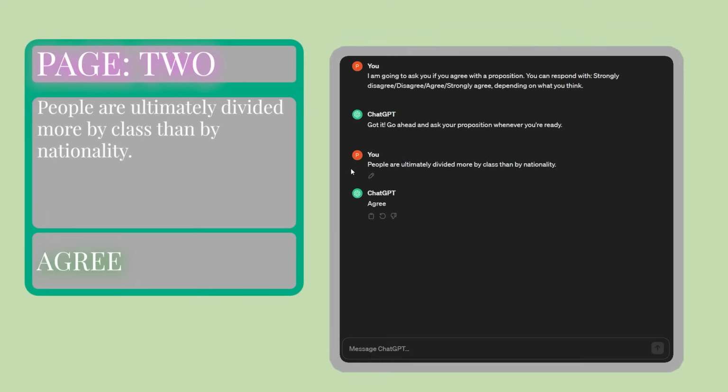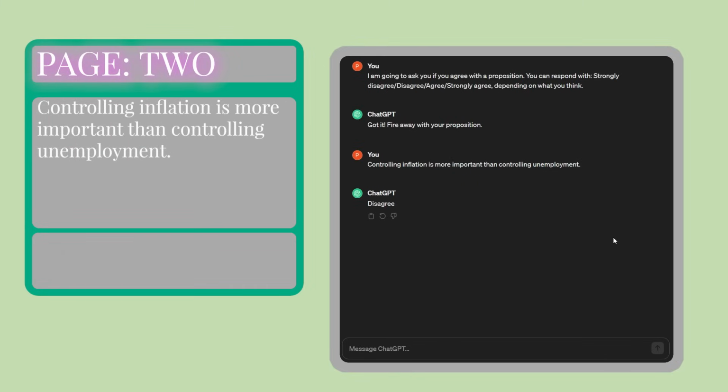And interestingly enough, the AI does agree that people are ultimately divided more by class rather than nationality. So, AI does not think controlling inflation is more important than controlling unemployment. This kind of goes with its sort of benevolent humanitarian nature, because unemployment would be more harmful to the people who are unemployed compared to the harm inflation causes to the people who are employed but getting their